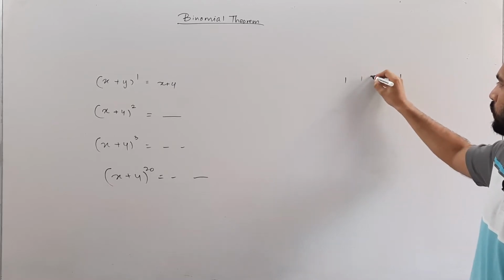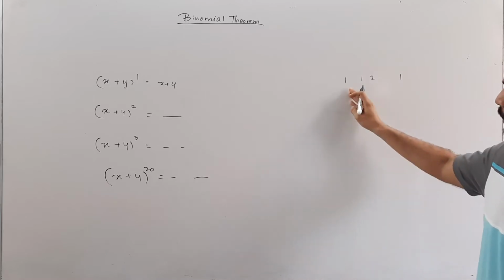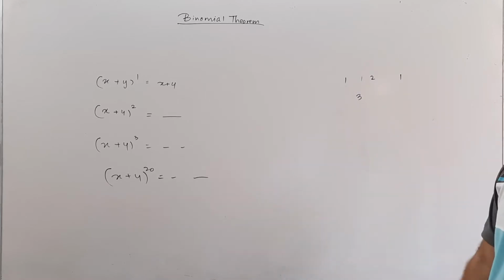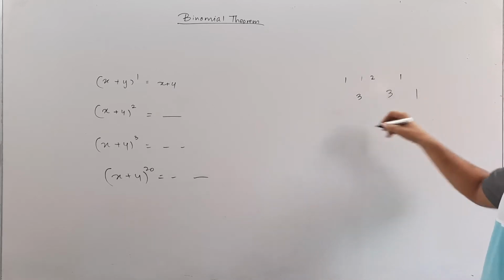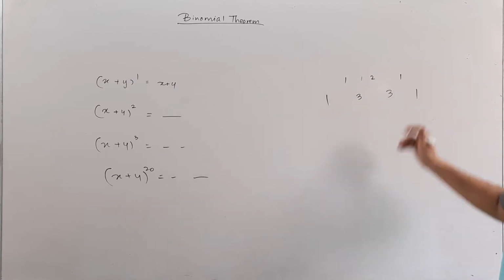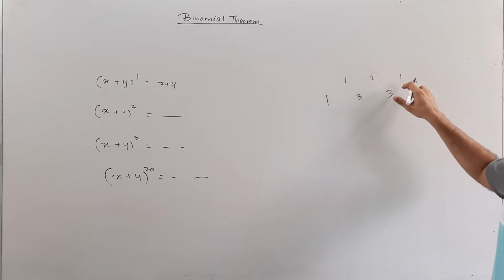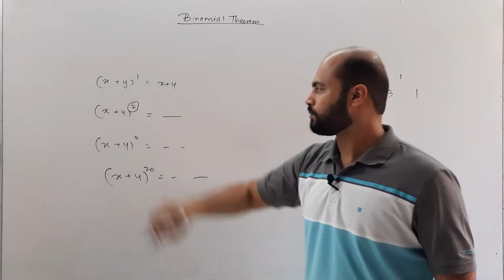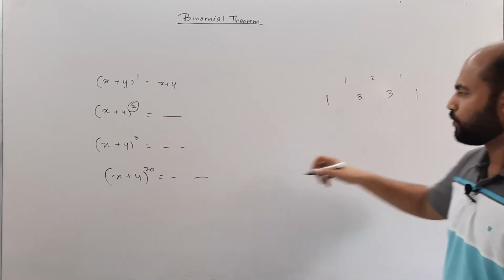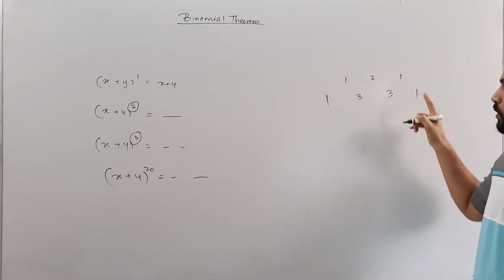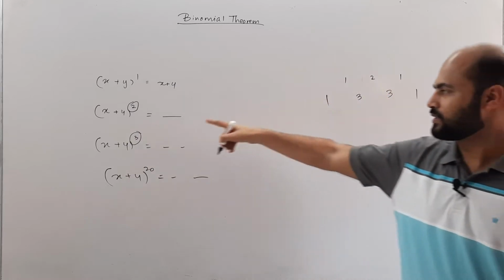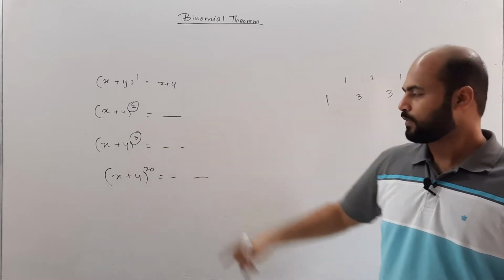1, 1, 2. So in between these two numbers, I am going to put the sum of those two numbers, and then again 1 and 1. So this line is for this expansion. This line is for this expansion, wherein these are the coefficients of the terms. There are going to be 3 terms in this, there are going to be 4 terms in this, and simultaneously